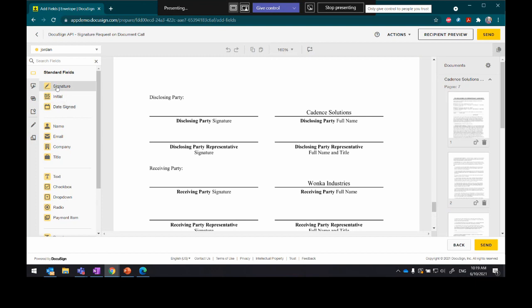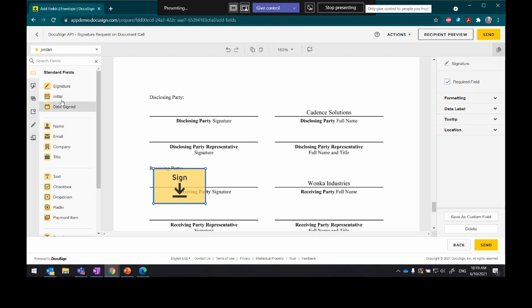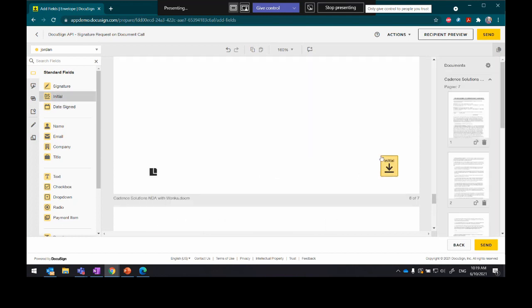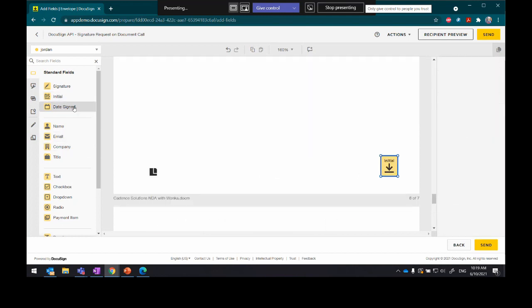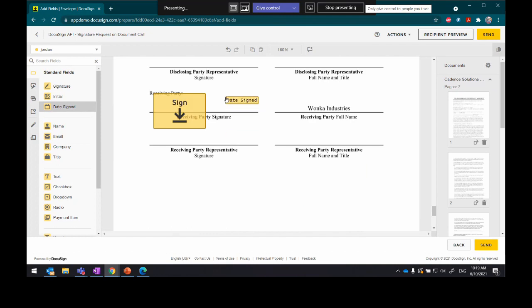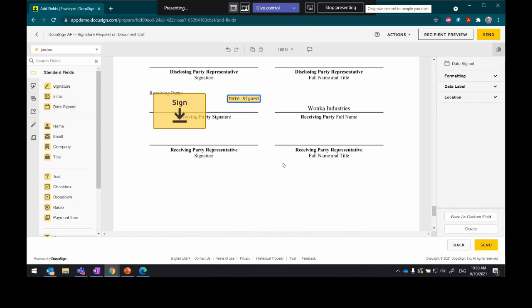So if you've used DocuSign before, if not, I think everybody probably signed something with an e-signature tool now, but you're basically building this for signature. So I can say I want somebody to sign here. I want them to maybe initial at the bottom of the page previous, and I want to put the date signed right beside the signature. So this is that preparation stage for signature. We're going to send this on,